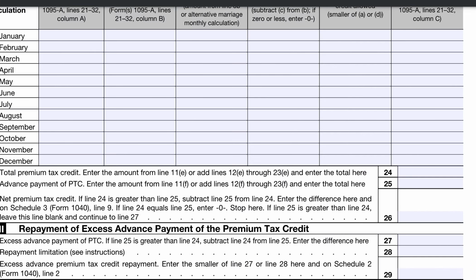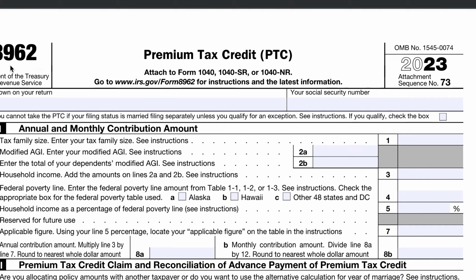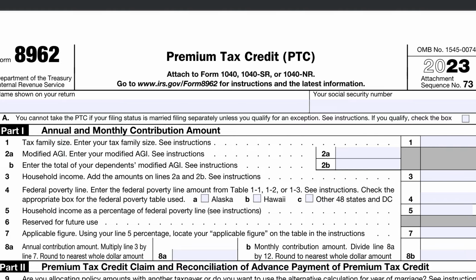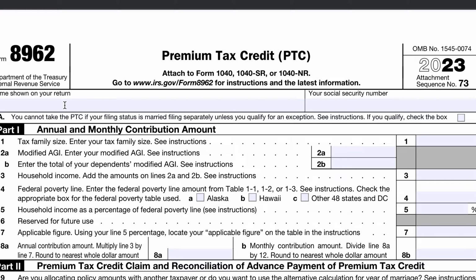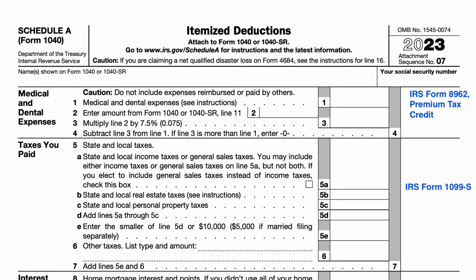This is the tax form that helps determine the premium tax credit. Now, the IRS doesn't really give a whole lot of guidance on this in the form instruction. It simply states that if you claimed an advance payment of the premium tax credit, or if you think that you're eligible for the premium tax credit, then you're supposed to complete IRS Form 8962 prior to starting the first line of Schedule